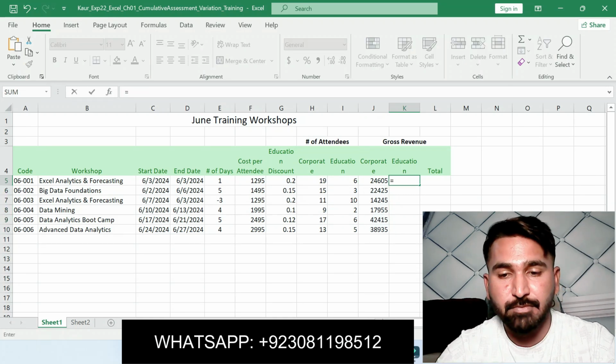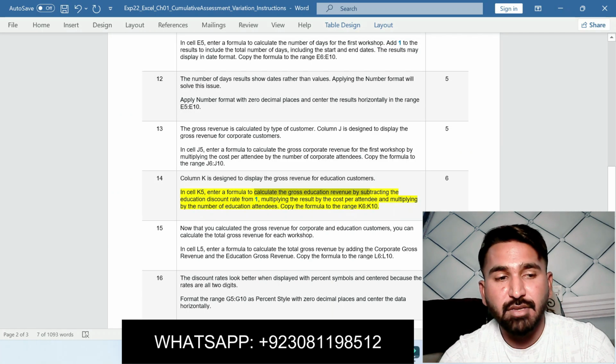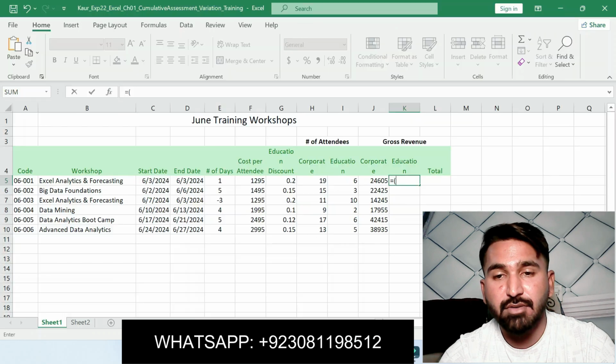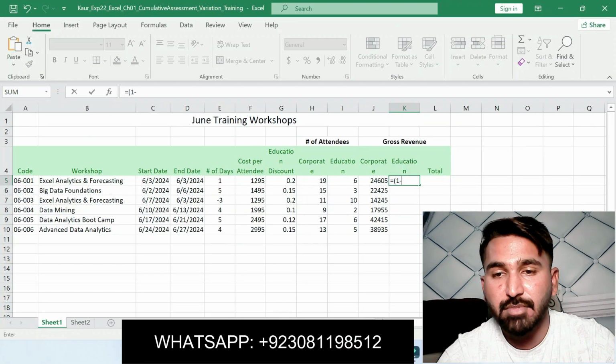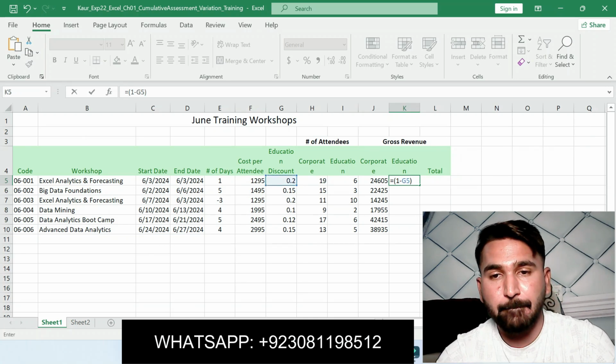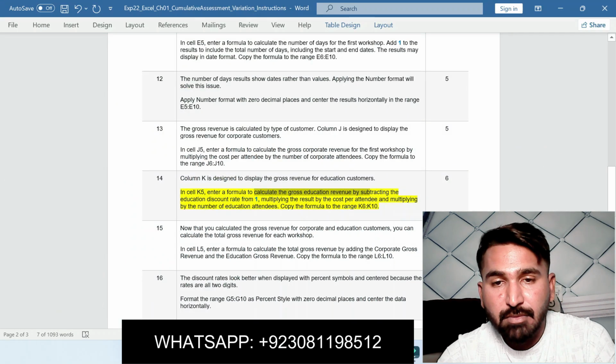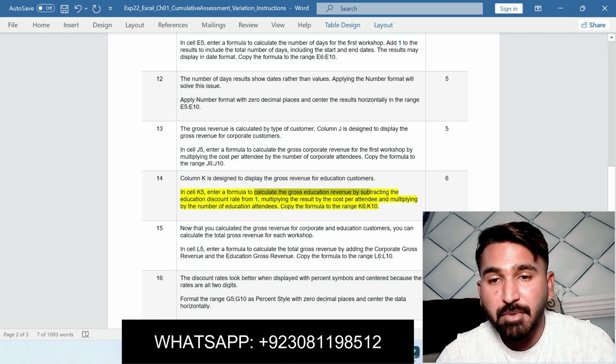Go to cell K5, is equal to. In this we calculate the gross education revenue by subtracting the education discount rate from 1. So 1 minus the education discount rate G5. Multiplying the result by the cost per attendee and multiplying by the number of education attendees.